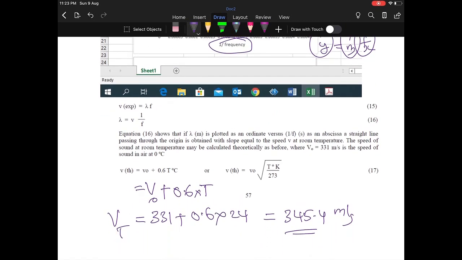344.3 against 345.4. So that's the way we can find the percentage error in this experiment, and it will be very small. This is one of the objectives of today's experiment, and from this experiment we were able to calculate the velocity of sound. Also we understand the patterns if we combine them with a phase difference. In the next experiment, we are going to combine two different frequencies, and we will look into that in the next experiment. That's all for today.